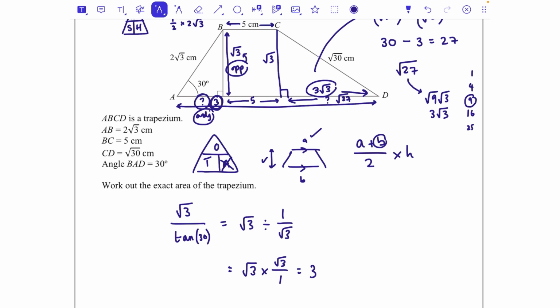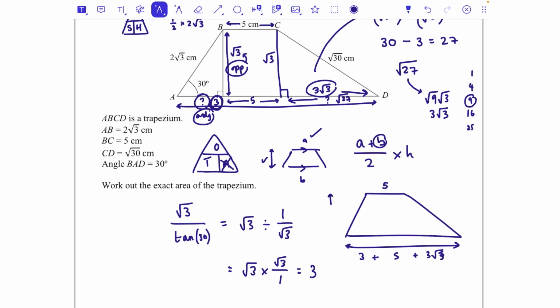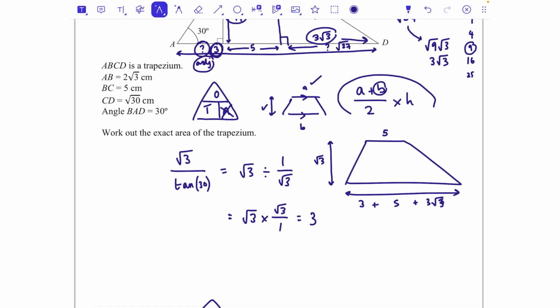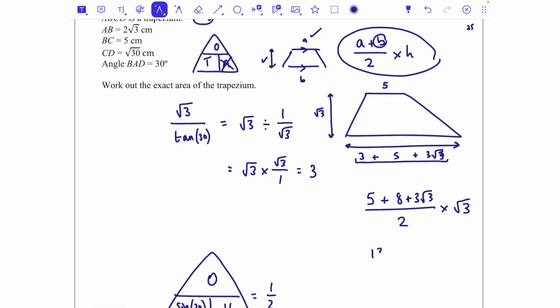So there we go. Now, I've scribbled everywhere. Let me just draw another rough sketch of this. 5 is that one. At the bottom here, we have 3, add 5, add 3 root 3. And the height is root 3. Okay, great. So now, using this formula, A is 5. B is all of this, so that's 8 from the 3 add 5, add 3 root 3, all divided by 2 times by the height, which is root 3, and that is 13, add 3 root 3, divided by 2